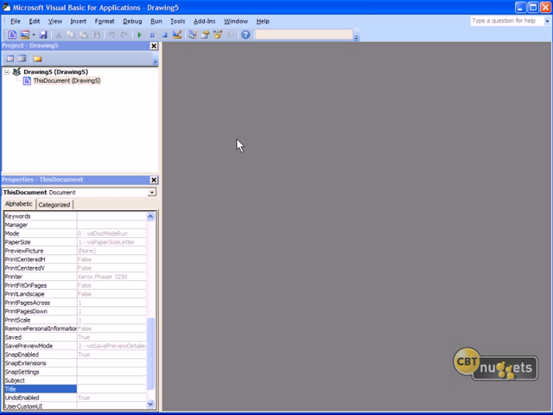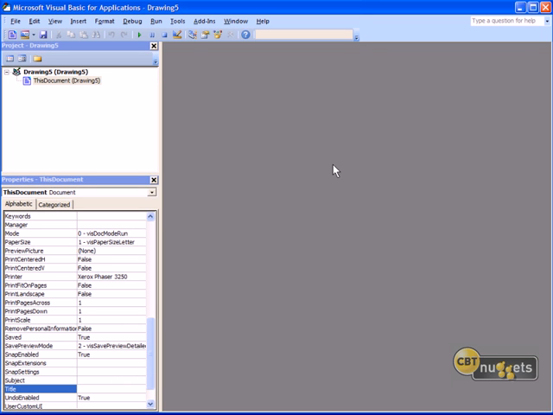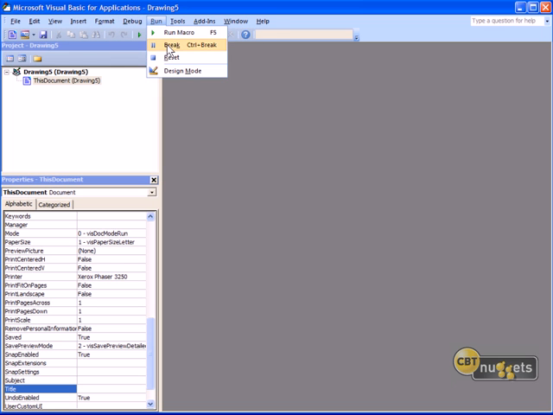I'm sure eventually Microsoft is going to ribbonize or apply the Fluent user interface, as the Office 2007 and Office 2010 user interface is formally called. They'll apply that here, but they haven't yet gotten around to it. This is, again, Visual Basic for Applications version 7, and it is a full-scale integrated development environment where we can debug, build, set breakpoints, manage add-ins. You can do all of the tricks with your code as you work through the development process in here that you can with Visual Studio, which is, of course, the big brother, elder sibling to Visual Basic for Applications editor.